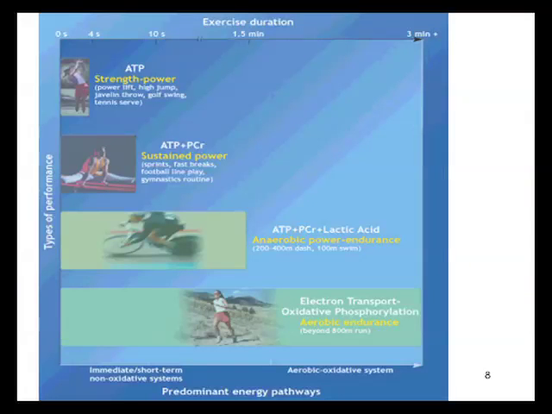This one you can skip. It's just kind of the same thing, just looking at different types of exercises and activities and the amount of time it takes. So strength and power, along with sustained power, would be that immediate energy. And then you have anaerobic power and endurance, and then you have